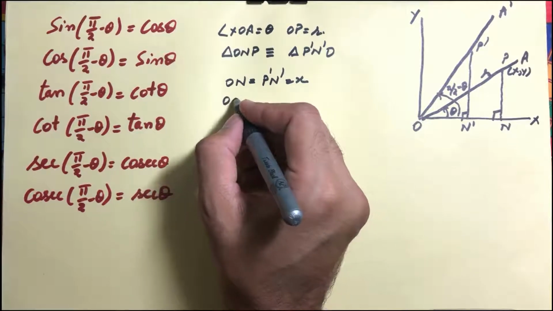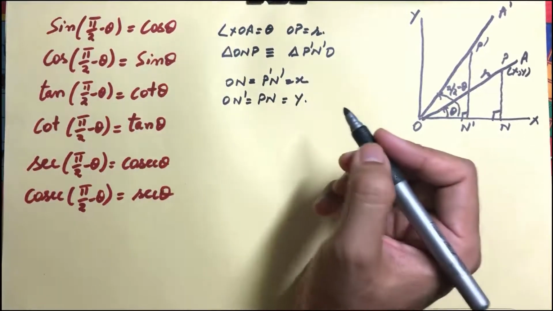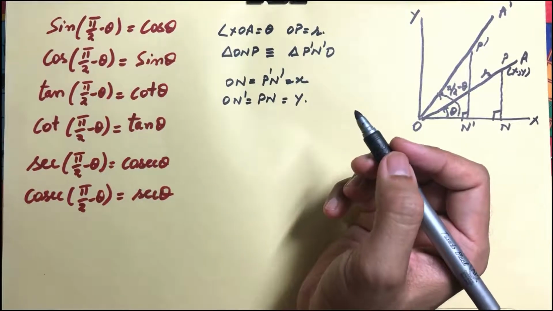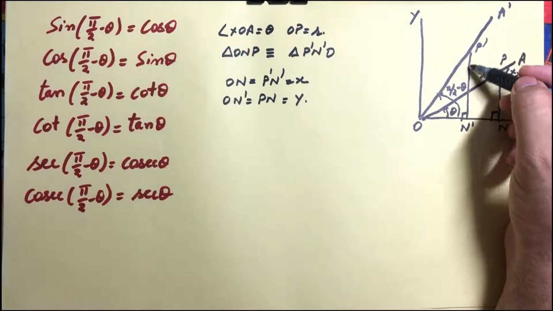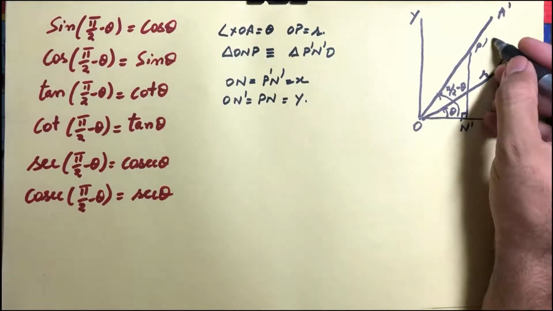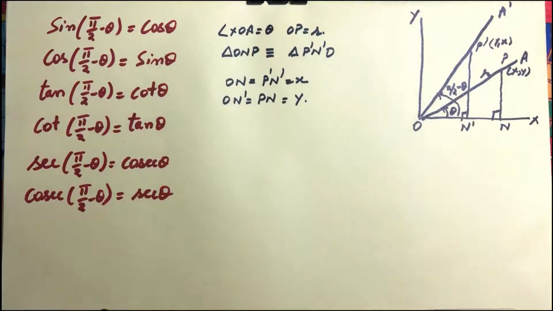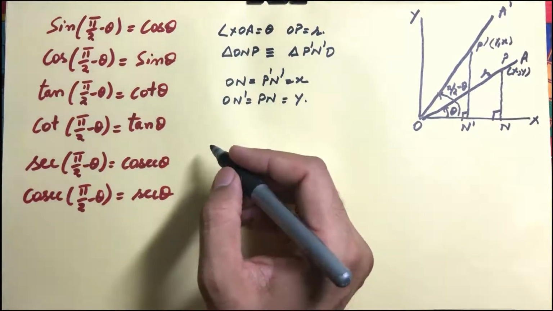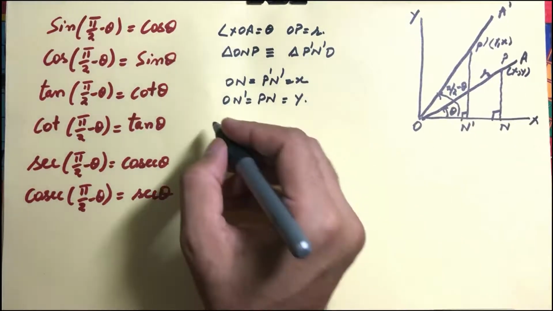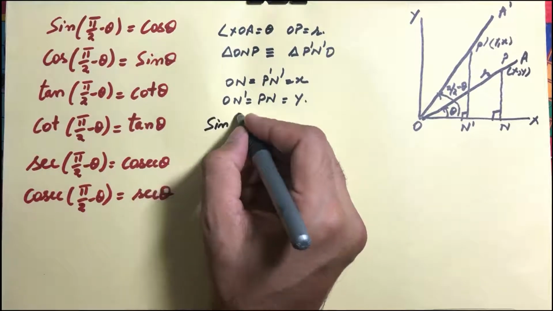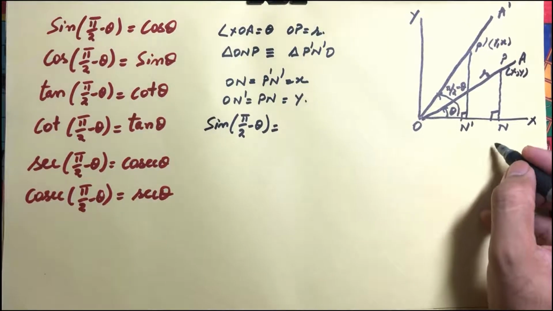And that is y. So by this, what are the coordinates of P dash? Now as this is x and this is y, so its coordinates are y and x. So using this formula, for this triangle ON dash P dash, sine of pi by 2 minus theta equals, so again using the formula,